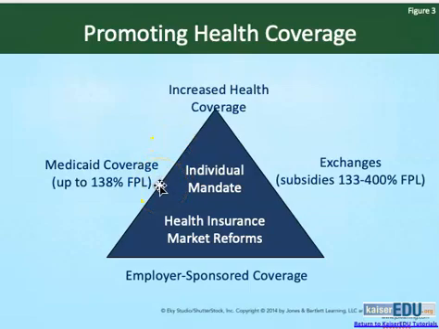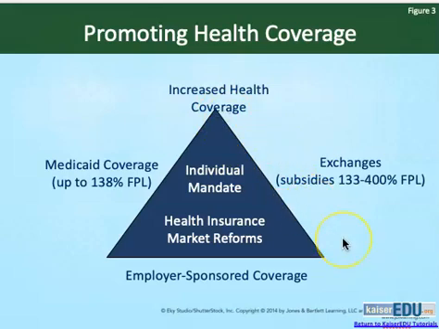You cannot apply for Medicaid if you already have employer-sponsored coverage. It is meant for people who can't get employer-sponsored coverage or can't buy their own insurance because they can't afford it. If they earn up to 138% of the federal poverty level, they can be covered by Medicaid. For those people who do not have employer-sponsored coverage but do not qualify for Medicaid, the law says there should be